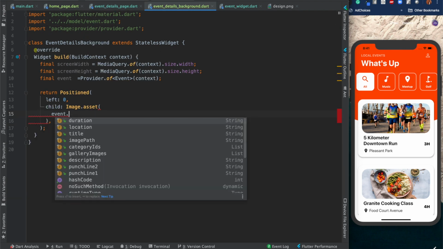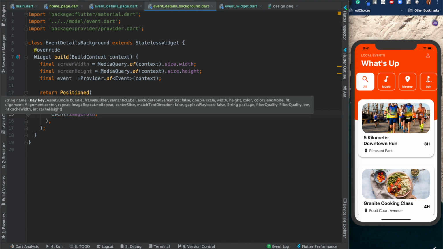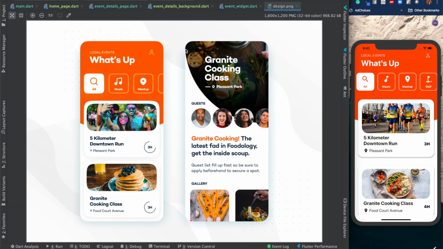So use it like this, image path. That's it. Then what will be the width of the image? It is double the screen width, right? Screen width into 2. Why am I saying that? Because as I explained, it should be double the image. Then only we can clip it, otherwise it's